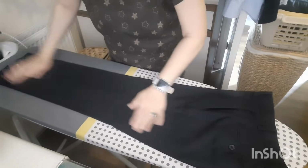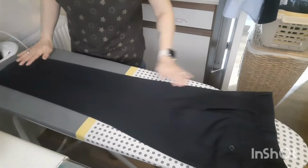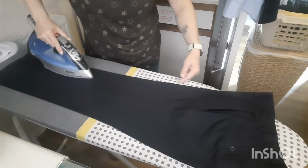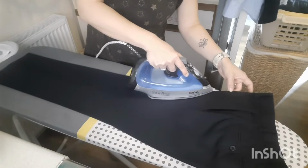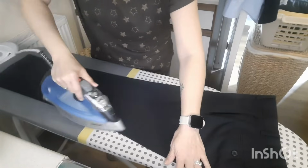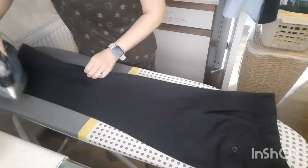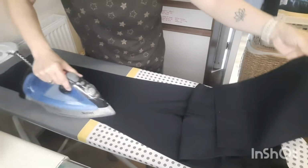So then we're going to turn the trouser round to the other side. So I'm going to just grab the front, turn it round. Straighten everything across. Make sure the lines are still in place. And then I'm going to do the same on this side. So now the front of the trouser is facing this side closest to me. Going up slowly to where the pocket is. Back down. Opposite side. In line with the pocket. I'm going to lift the trouser and do this side, opposite side,